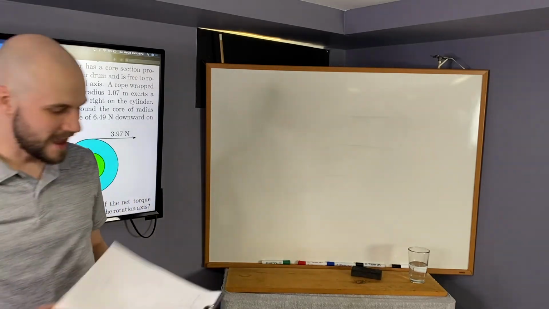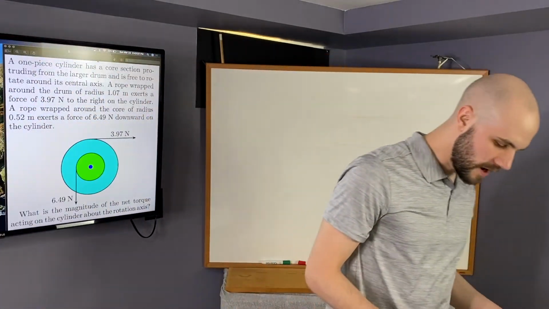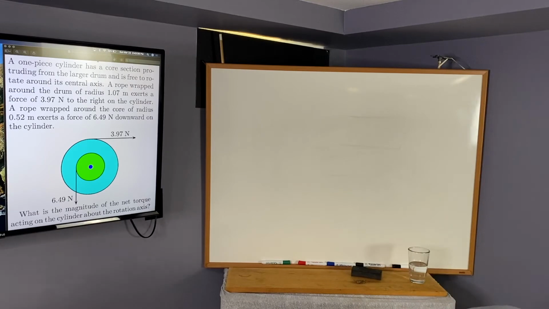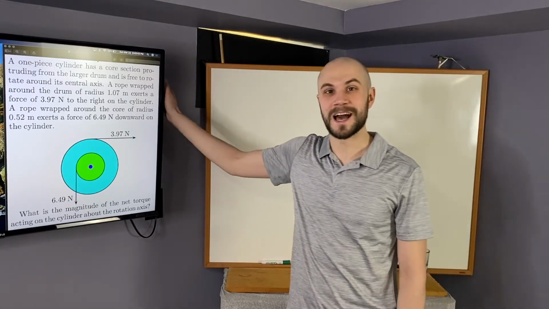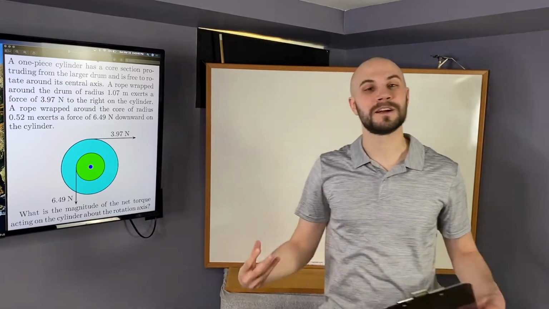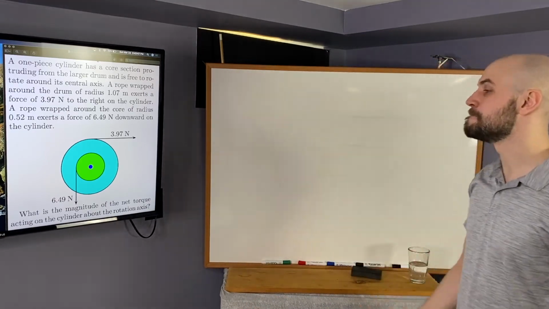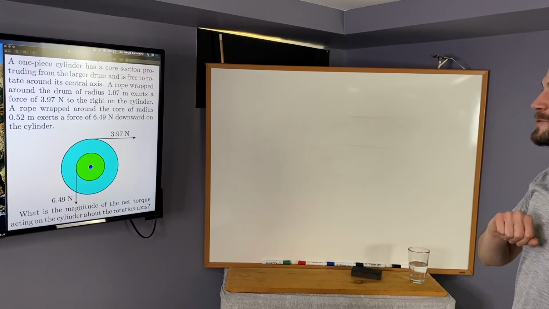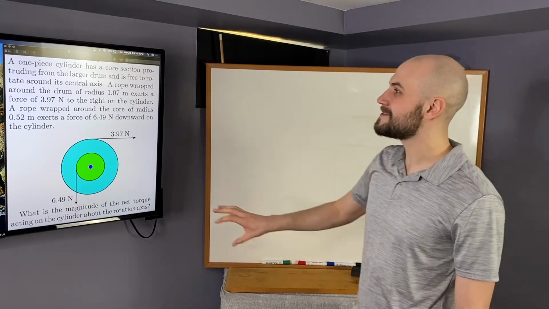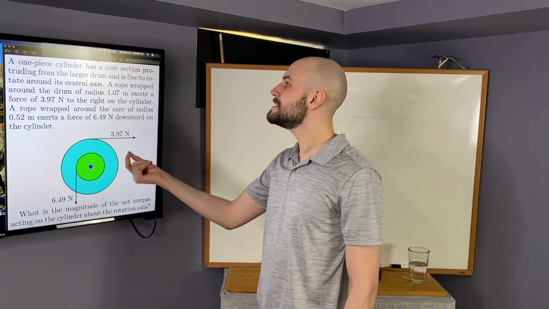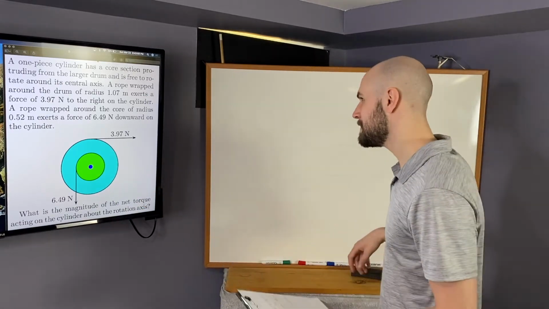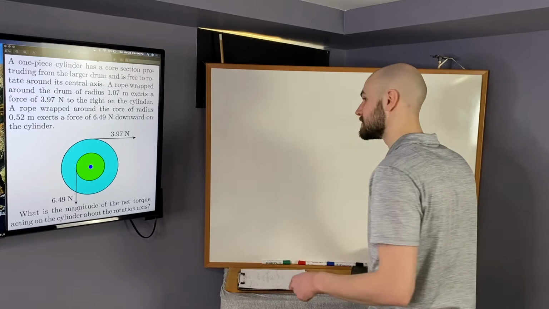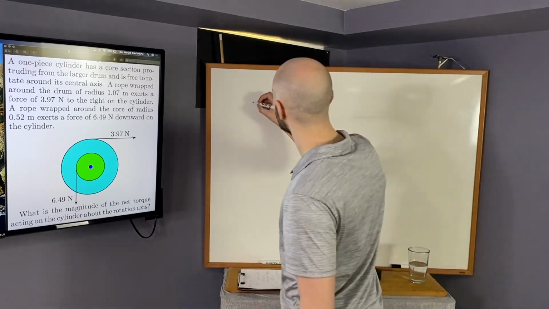Okay. I grabbed one of your quest questions. You're welcome. I'm going to help you work it all out, and hopefully we can understand what's going on in this particular situation. So we have a one-piece cylinder. It has a core section protruding from the larger drum, and it's free to rotate around its central axis. That's a whole lot of words to say that